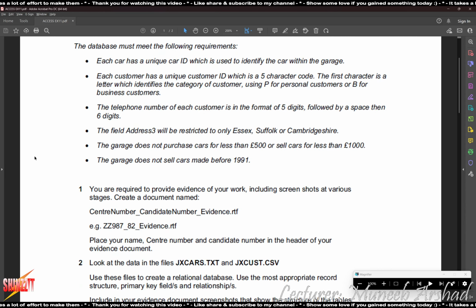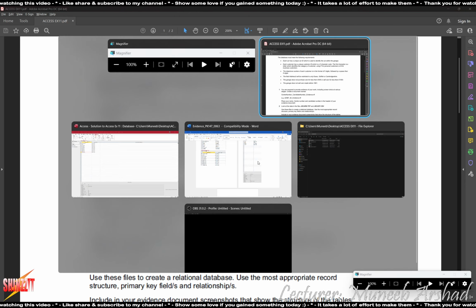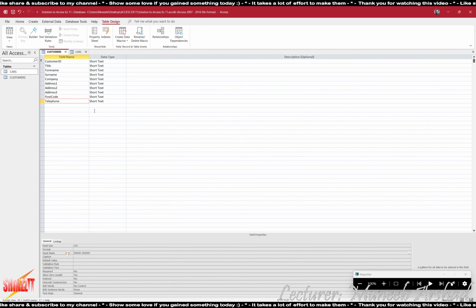Next, the field address 3 will be restricted to only Essex, Suffolk or Cambridgeshire. Okay. So for address 3, over here it's not the input mask, it is basically the validation rule. Essex or, and then the validation text: you may only enter address 3 as